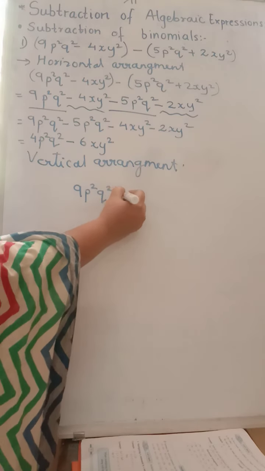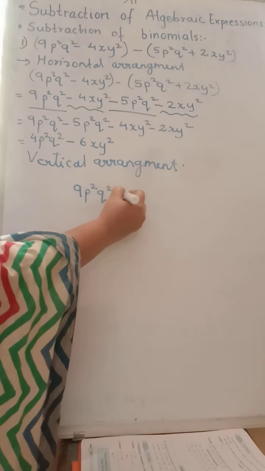Did you understand what I did? This minus sign will change the sign of the further expression. So 5 is not having any sign, means it is positive. So minus plus will give us minus. Here also positive, so minus plus will give minus. Now 5p square q square sign is what? Negative. Okay. 2xy square sign is negative, not positive. Children? It is negative. Now these are the new signs.